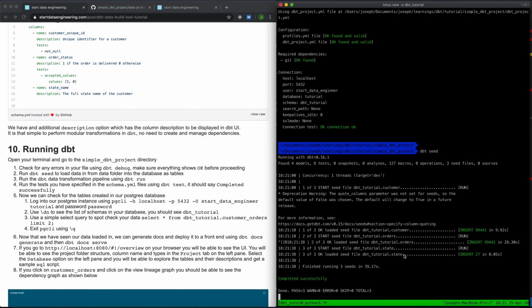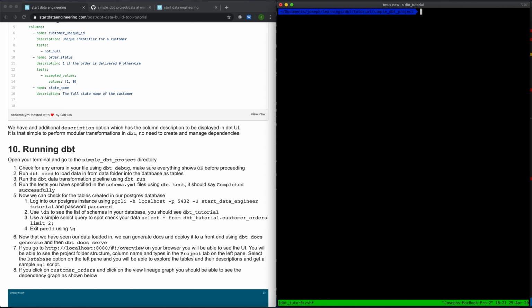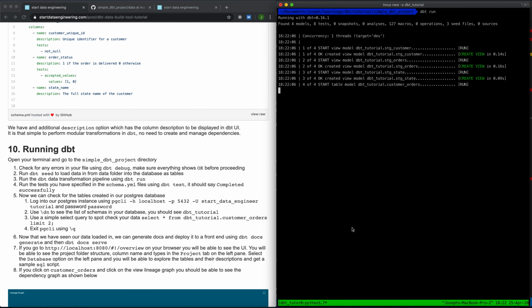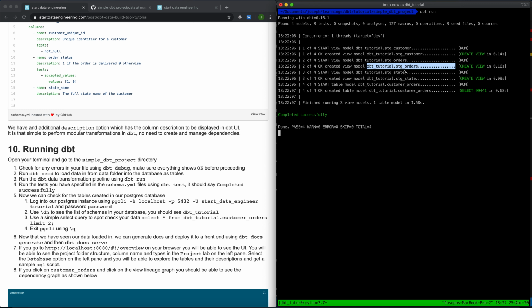and the state table has been loaded in as well. Alright, so now we can actually run our dbt command, our dbt pipeline. What this will do is look at all your data models and create them as tables or views in the database. Great, so you have created staging views: staging customer, staging order, staging state, staging customer orders,